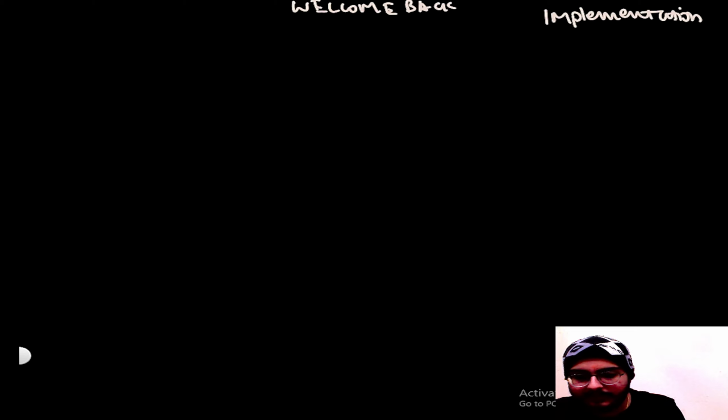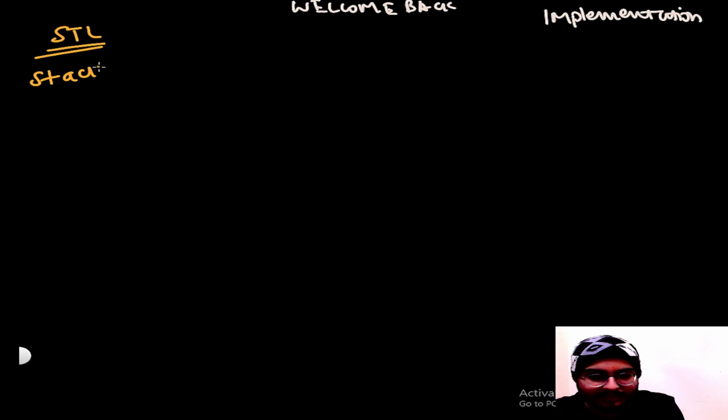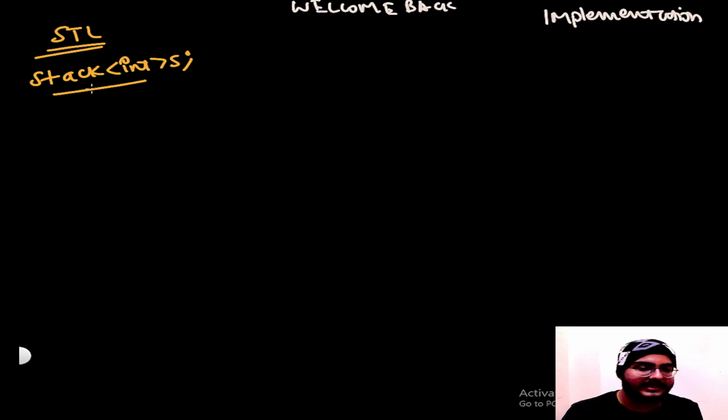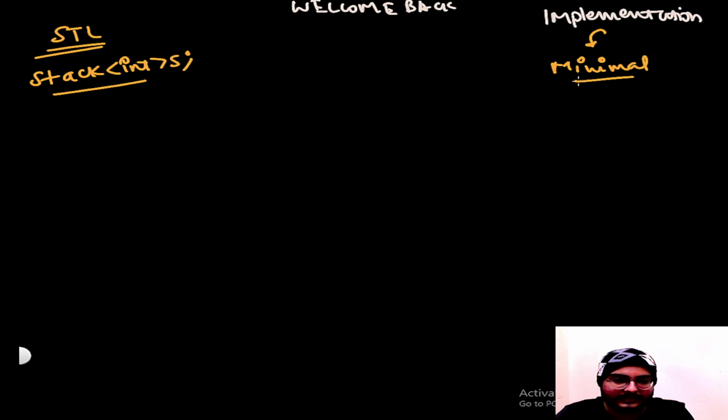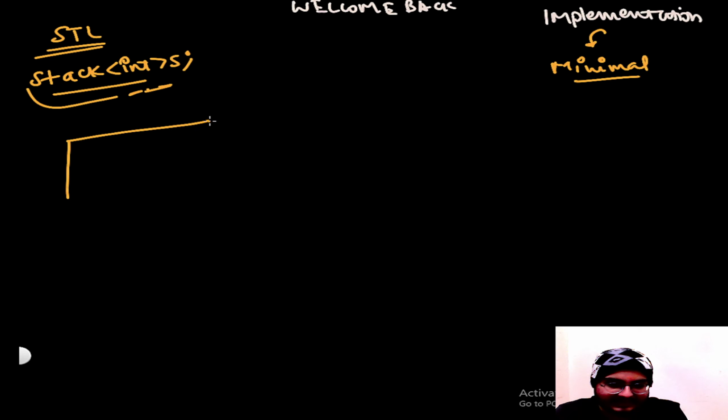Although we have a stack STL in the C++ library, we can use it like this: stack<int> s. It will create an empty stack of integers for us and we can use push and pop operations upon it. But we will focus on implementing stack from minimal things, such as only one or two practical data structures, because the RAM does not have this kind of a data structure. We cannot implement stack in this manner. We have to use either an array or a linked list, right?